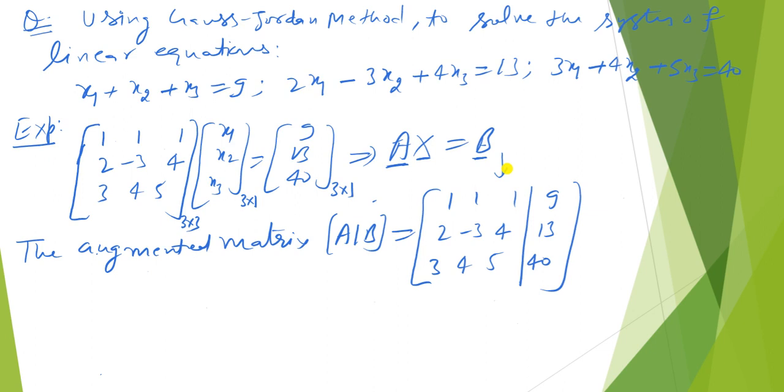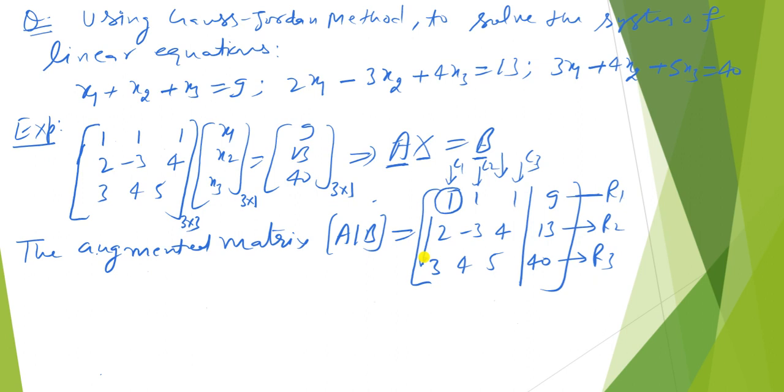search for the key element in the first row and first column, and the key element should be 1. So here this is the first row R1, this is the second row R2, and this is the third row R3. This is the first column C1, this is the second column C2, and the third column C3. So this is the element a11, because it is in the first row and first column. This element is the key element, and with the help of this element make the non-zero entries below it 0 by performing row elementary operations.